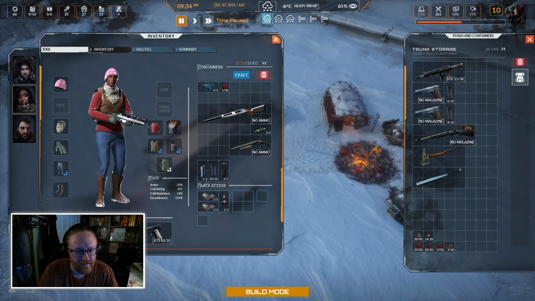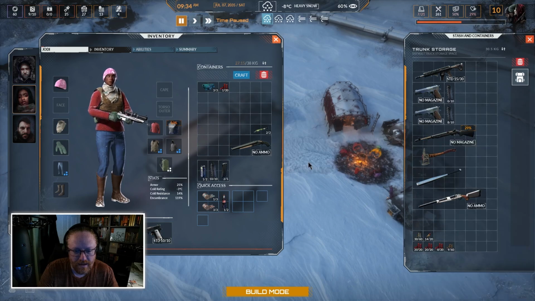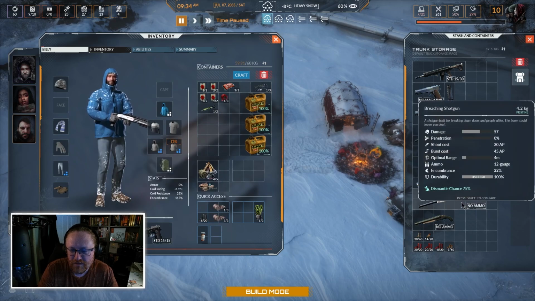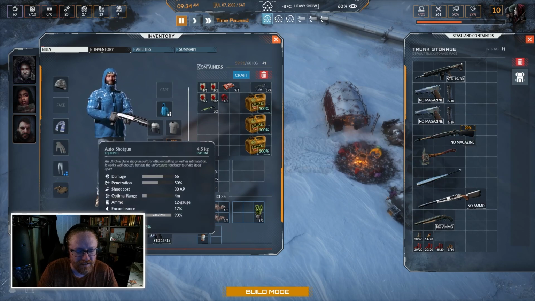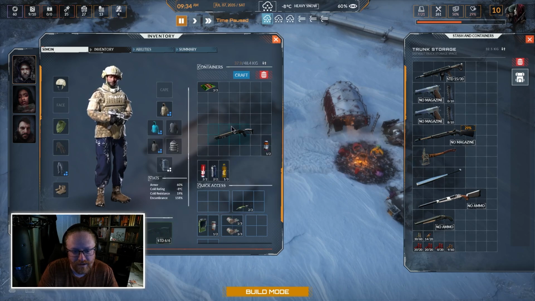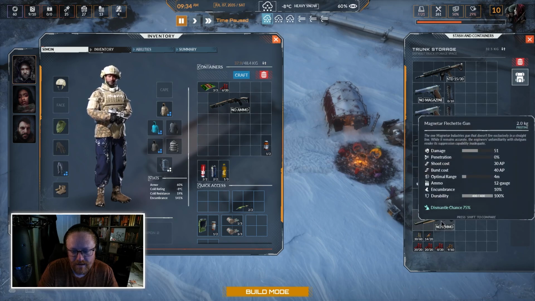and drop some weapons in there. So, okay, this breaching shotgun and this flechette gun are so much more powerful than our existing... Or this one, actually, this one is fine. This one is still more powerful. But this guy has got this combat shotgun, which does 45 damage. Let's switch him. Now, what is the best? This one...